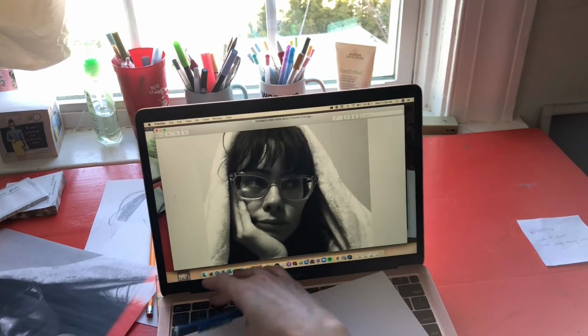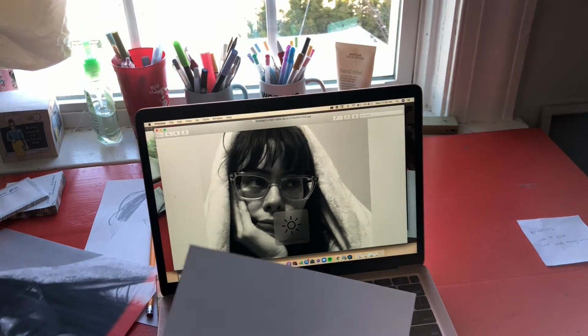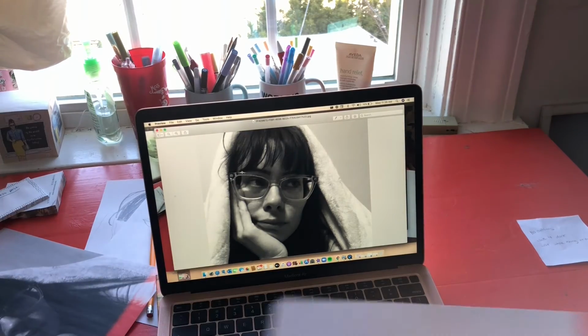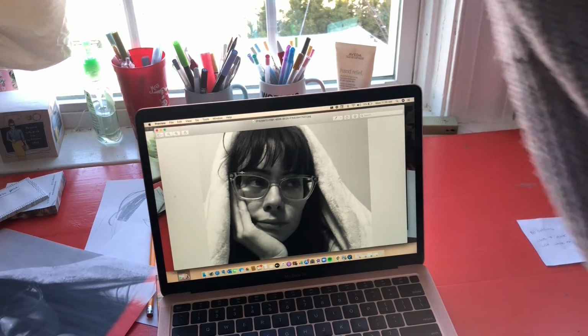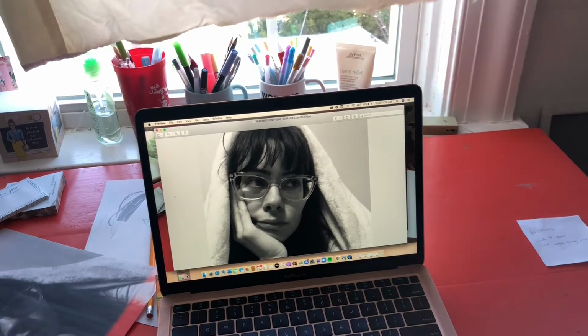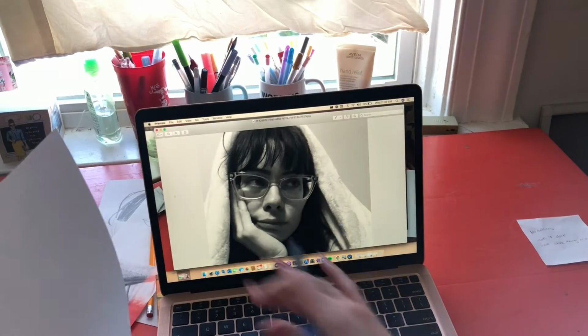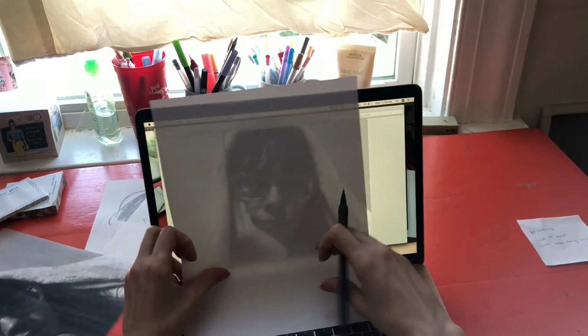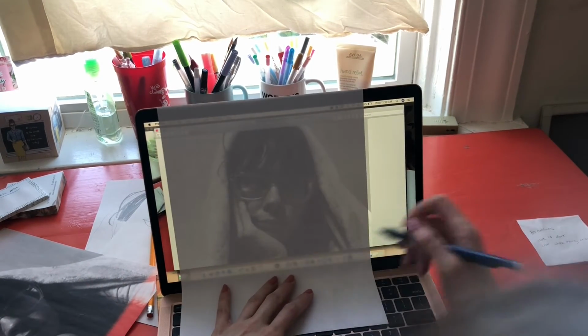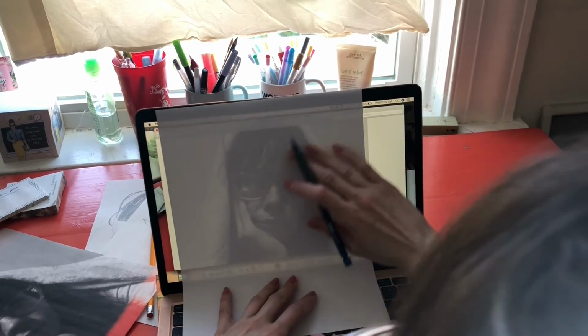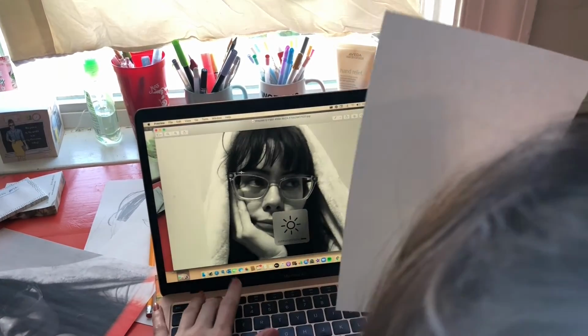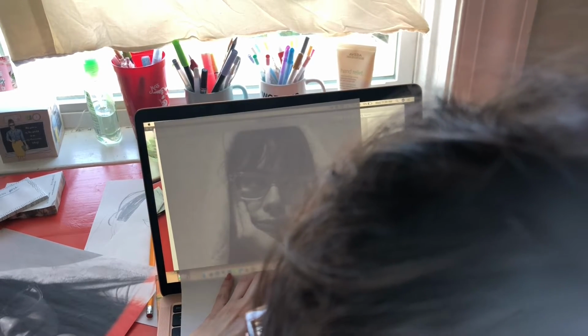You want to make sure that your brightness on your computer is turned all the way up. And if you have a window in your space like I do, you want to put a shade over that or go to a darker location so that you can really see through your screen onto your paper. I can see this pretty well though, well enough to make my tracing. So I'm going to go ahead and lay my paper over my image, make sure that brightness is up, and then I can start